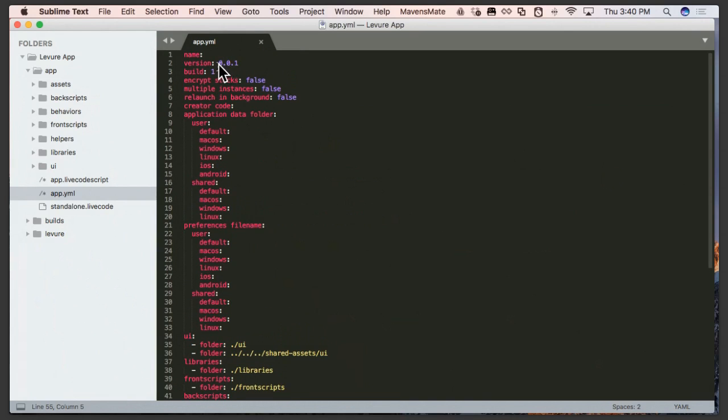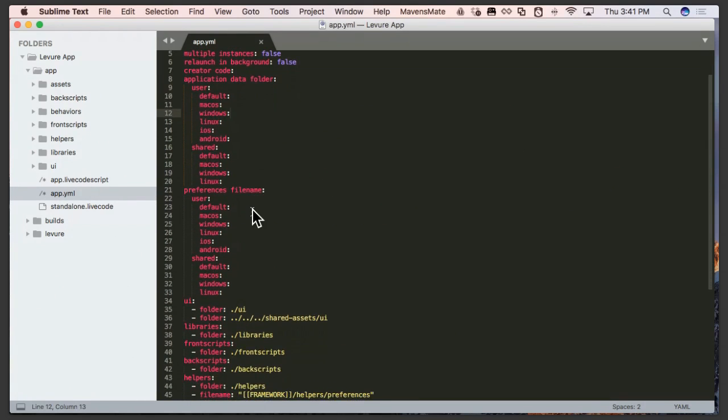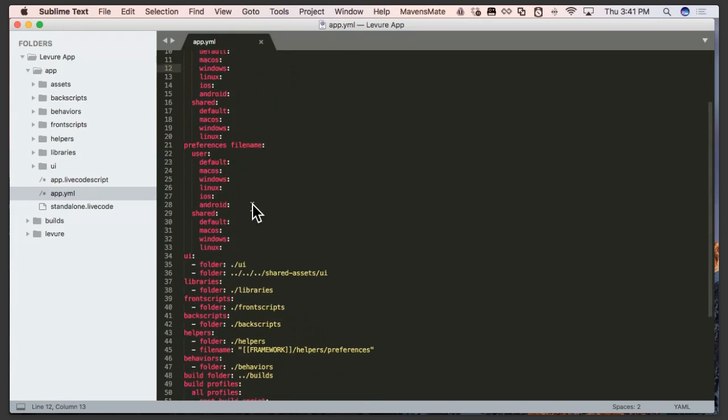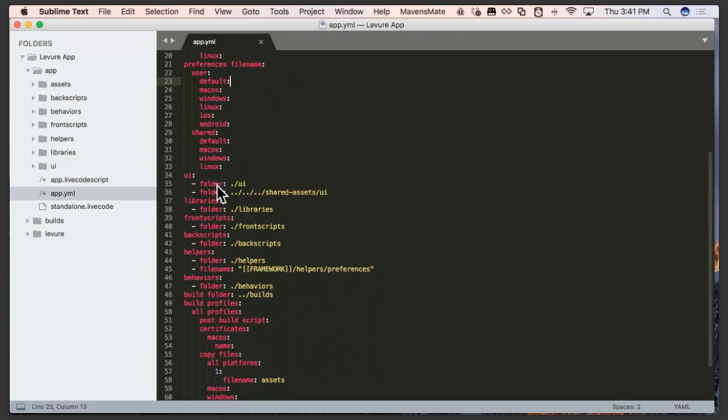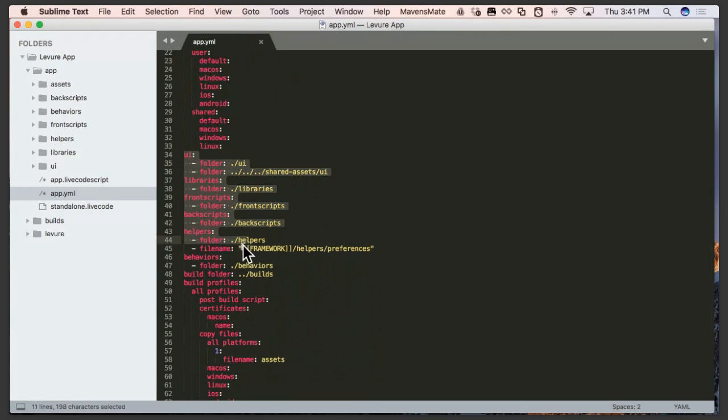You give it a name, you have version information, whether or not you want to encrypt the stacks. You can set an application data folder where your app can store data on the different systems. If you're using preferences, you can specify the file name to use for preferences on each platform. And here, as we get down, you see here on lines 34 through 47,